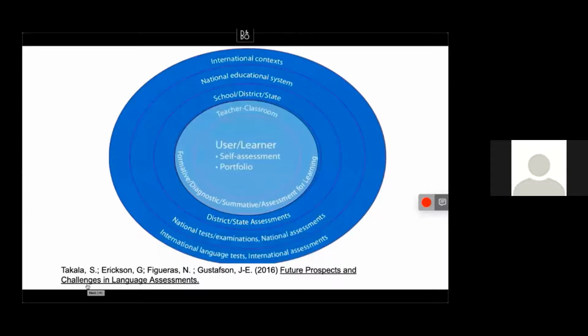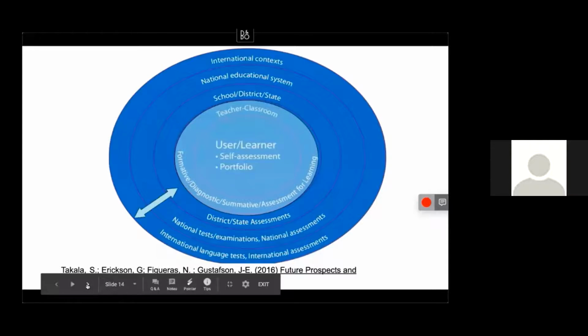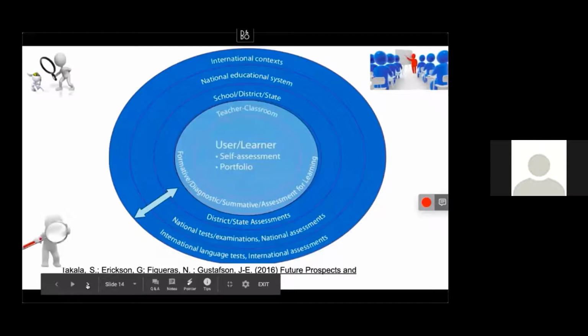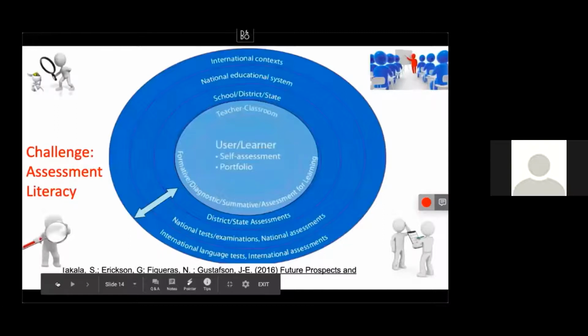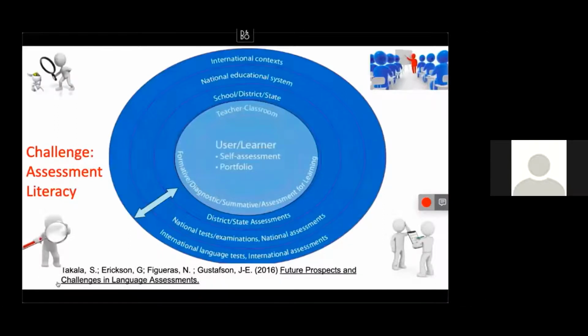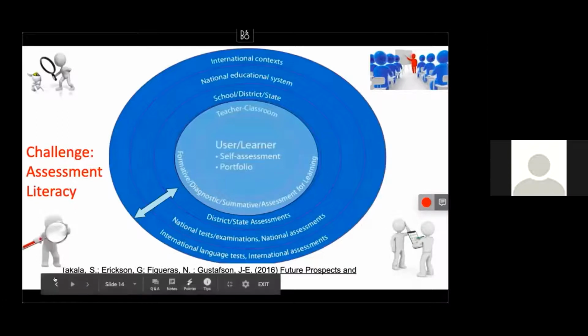but also in the classroom, when we give feedback to our students, when we provide formative assessment or diagnostic assessment, or we focus on assessment for learning using materials that are not always test activities, but sometimes self-assessment checklists or portfolios that really focus on the learner. The challenge here is to be able to link what goes on in the classroom, how teachers address assessment in their classrooms and how this relates and helps students understand what scores they're going to get in an international exam.